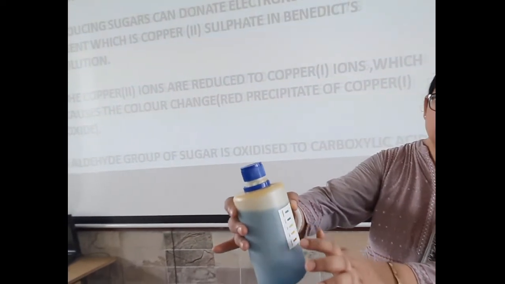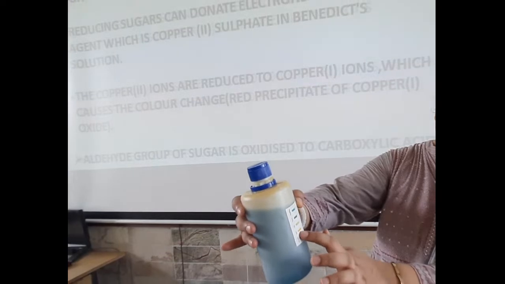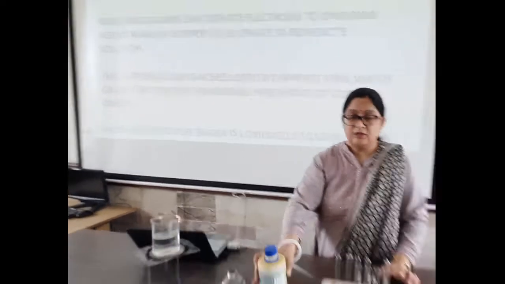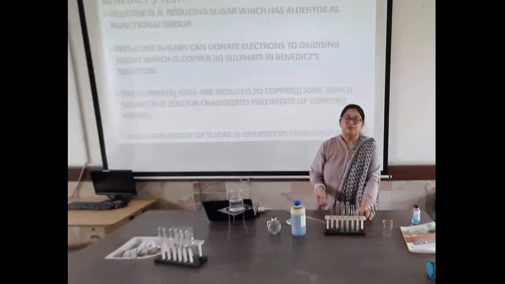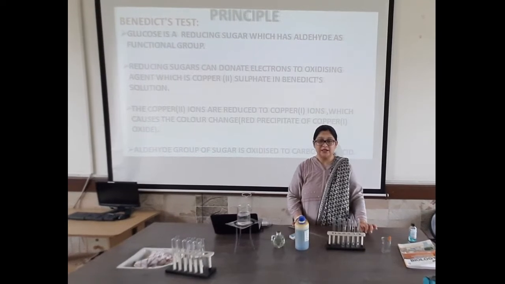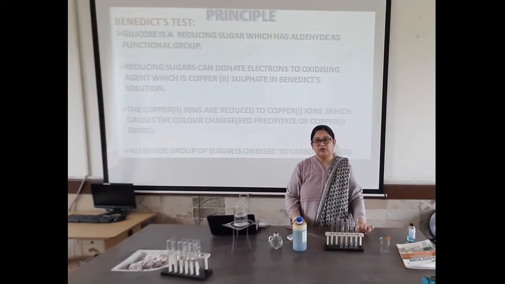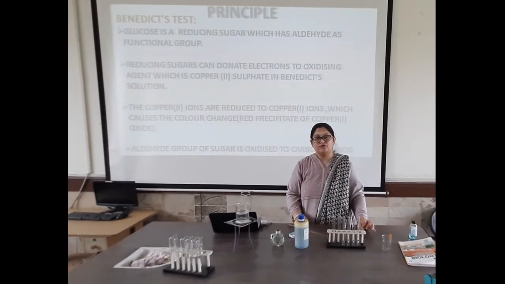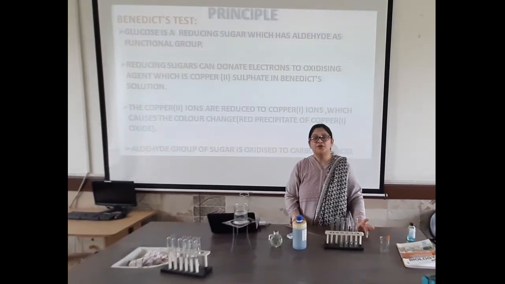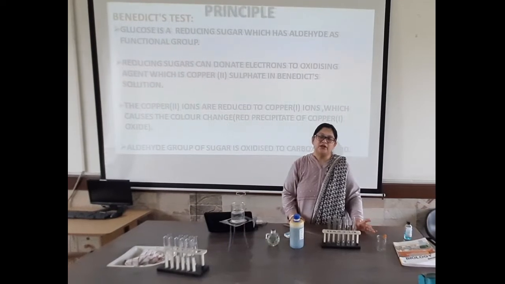If it is yellow, 1%. If it is a little bit orange yellow, 1.5%. If it is brick red, then more than 1.5% glucose is present in our urine, and this indicates diabetes mellitus because of less concentration of insulin in our blood, maybe because beta cells are not secreting an appropriate amount of